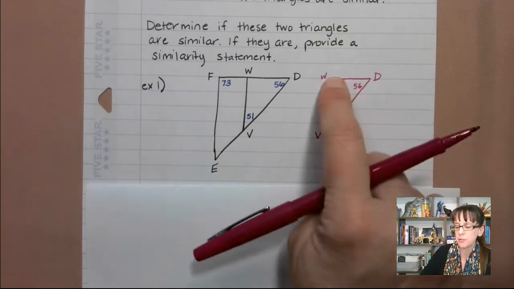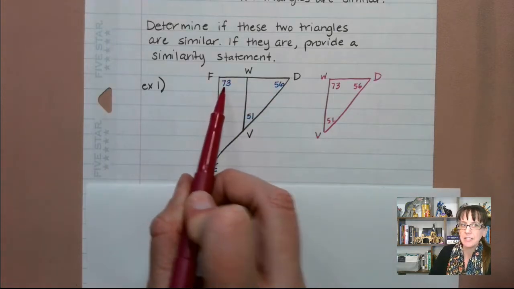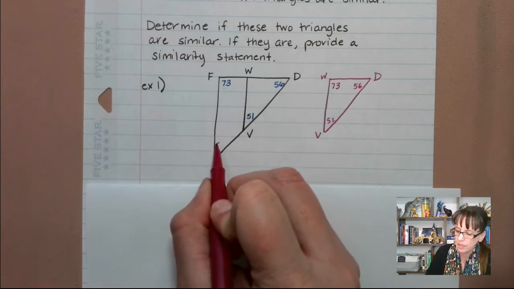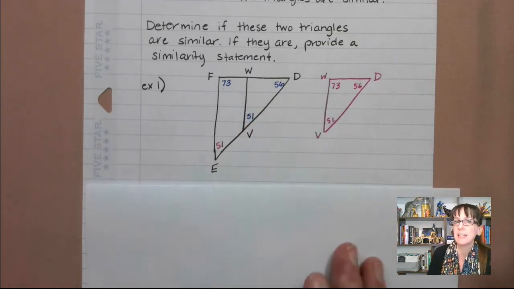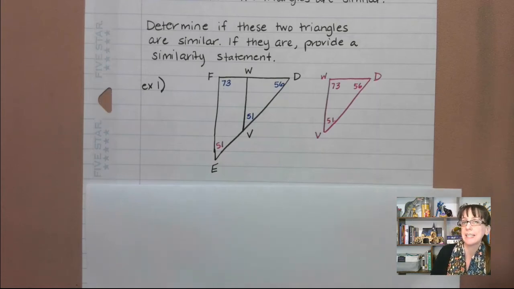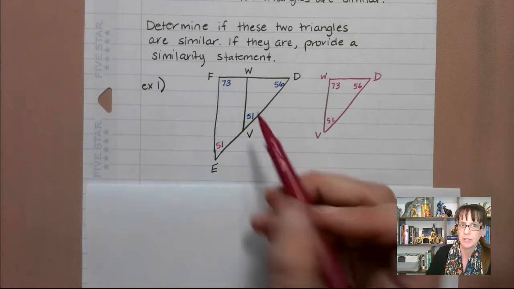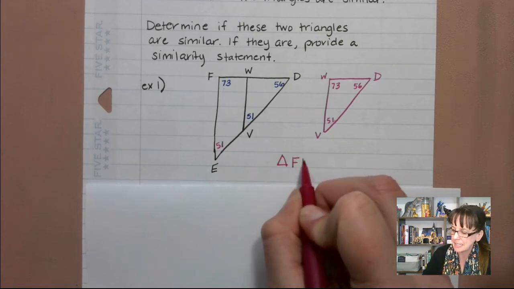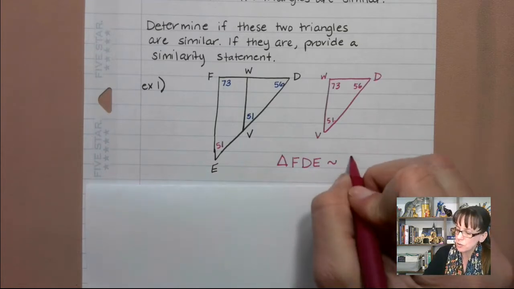Okay, so there's our first triangle. Now, our large triangle here has 73 and 56, and if you subtract 73 and 56 from 180, you end up with 51. So our large triangle and our small triangle are similar because they have at least two angles that are congruent. Now we want to write a similarity statement. For the first part of your similarity statement, it doesn't matter what order you go in. I could go FDE, I could say FED, it doesn't matter. We'll go with FDE. Is similar, that's shorthand for similar, to triangle